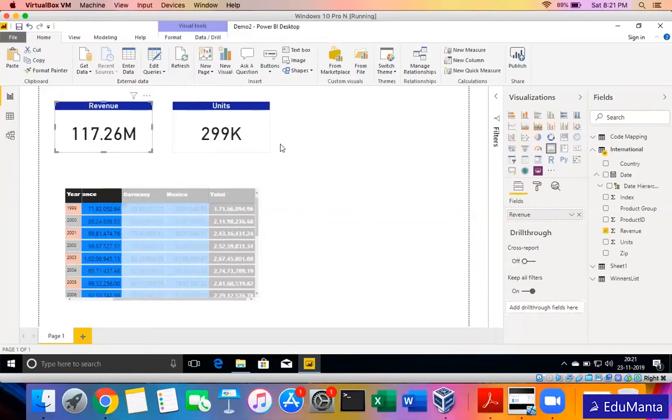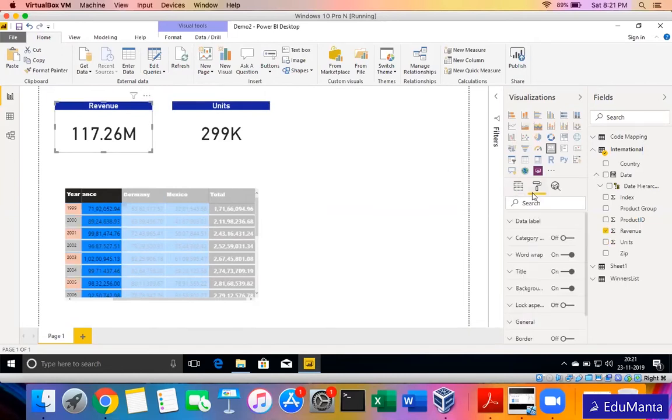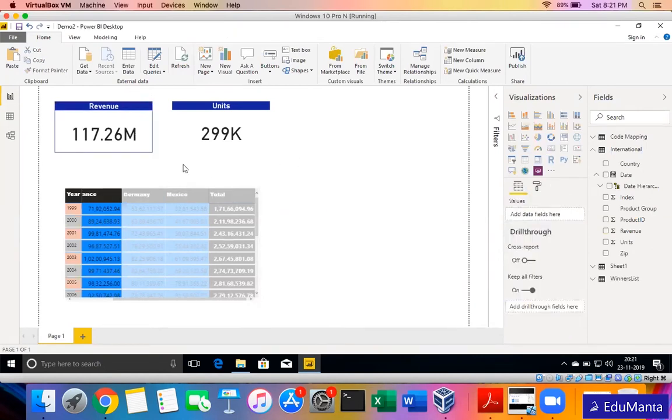Another thing is, it doesn't look good without a border, so I can put a border. I go to this formatting option, border on. By default it will be maybe a black color, but I can change again the color to the need. So this way, on many of the reports, you will see that we do have a summary kind of thing on the top with different cards which are displaying the high level numbers.